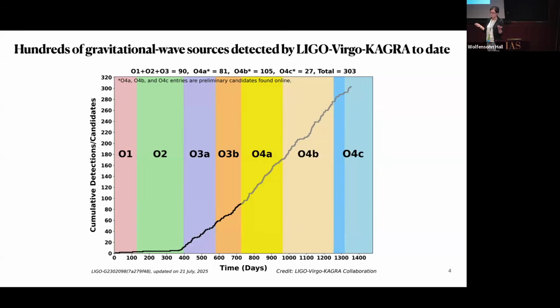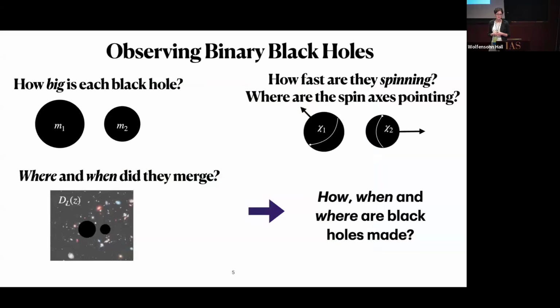Most of these have not been published yet. Everything in gray has not actually been published yet. And so 300 is a lot of events. That's just too many to analyze them all individually. I personally lost track of the names of individual events after we hit around like 30 events, which I think is still pretty good. But still, the best way to study the events at this point is to look at them as a population and to tease out astrophysical inference from the population of sources.